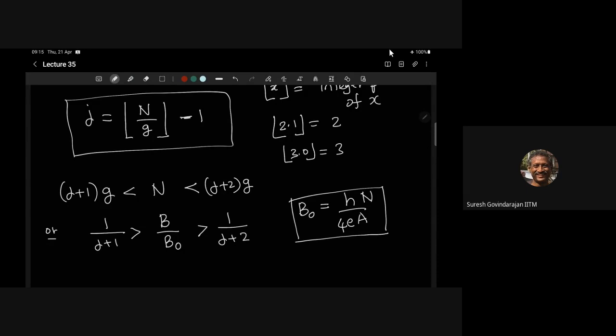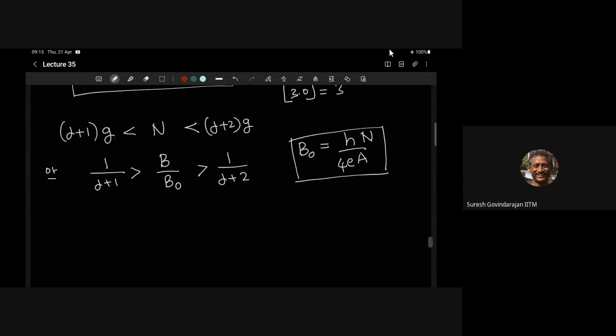Okay, so this is just a definition. But there is some significance for B naught, and I'll explain that in a moment. So when B is greater than B naught, what we are doing here is varying B and keeping N fixed. When B exceeds B naught, what we can see here is that